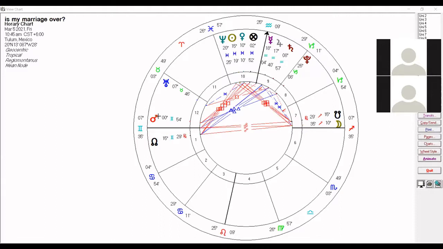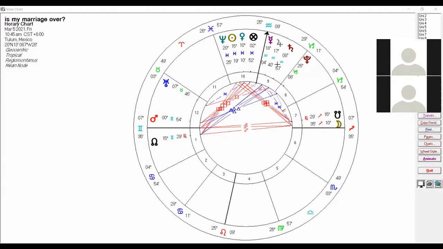And here we've got the Mars somewhat close to the ascendant. Lots of contentions and arguments. We've got the moon in the seventh, and moon is the ruler of the second. All of it was around money. So there was all that kind of stuff going on. But ultimately, this is just an example of seeing this in a horary chart, not necessarily in a natal chart, and being able to make a judgment on the situation as a result, right?